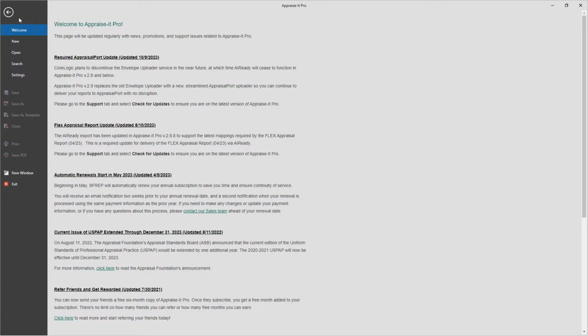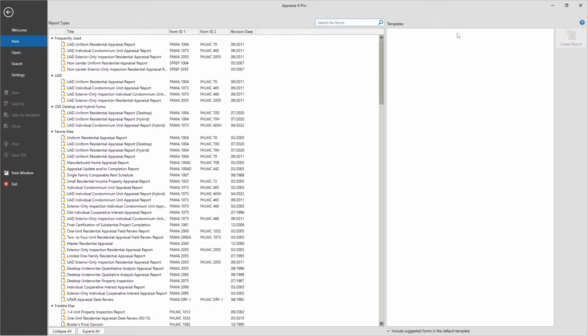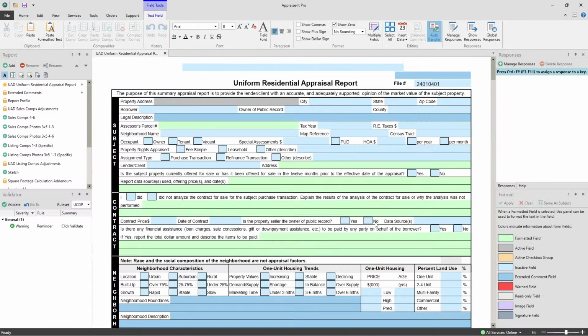So the first thing I'm going to do is go ahead and open up a blank 1004 here. I'm just going to use the default template. So the first thing I want to show you, and sometimes I do and sometimes I don't go over this in the introduction, is the automatic shrinking text, one of my favorite features in Appraise-It Pro. So the easiest way to show you it at work is I'm just going to type in